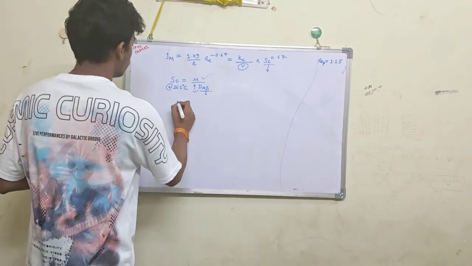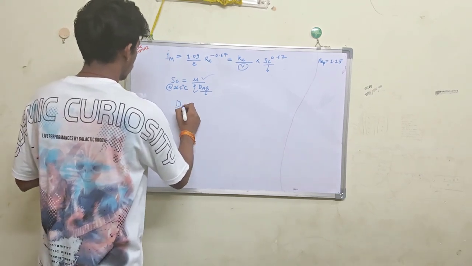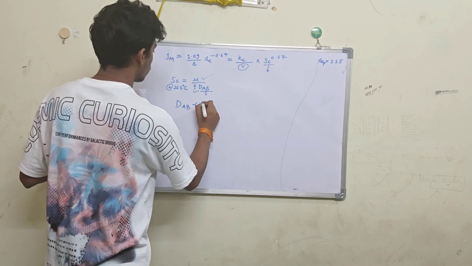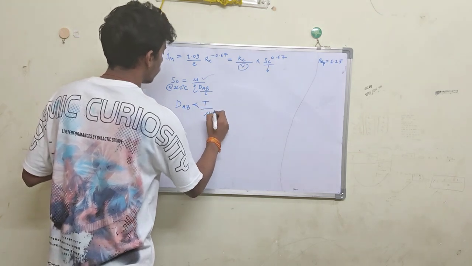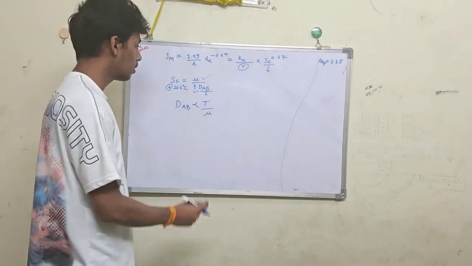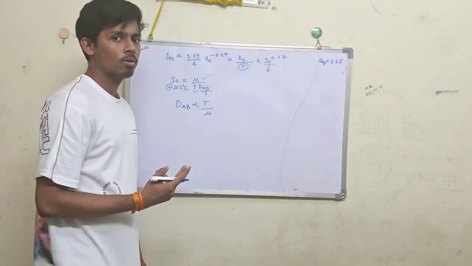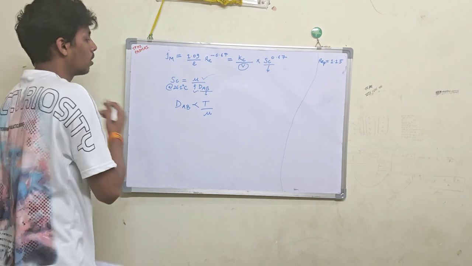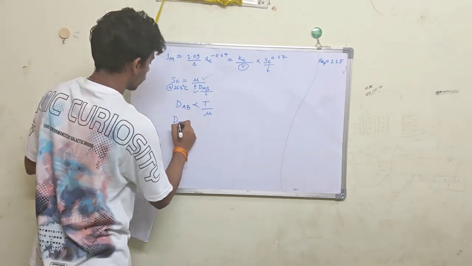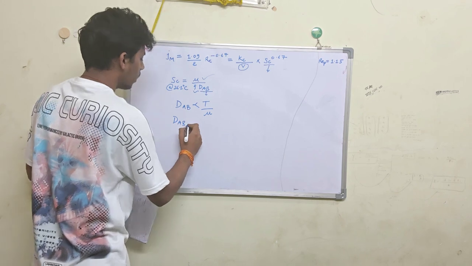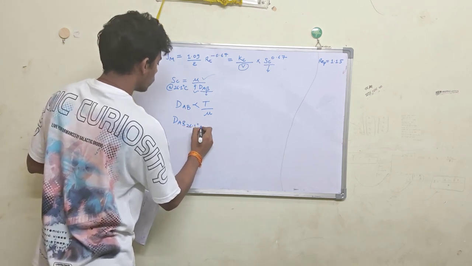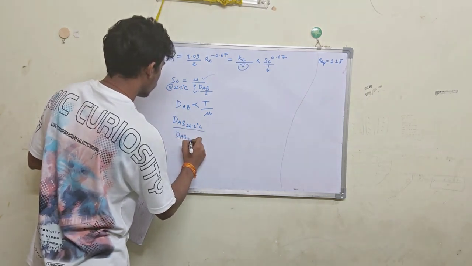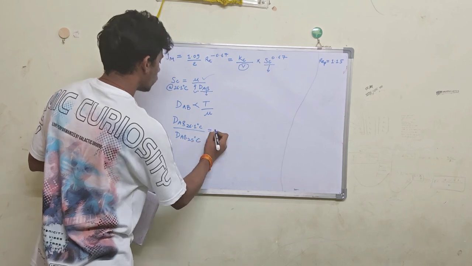So we'll use this terminology which says that the diffusivity is directly proportional to temperature and inversely proportional to the viscosity. So DAB at 26.1 degrees Celsius divided by DAB at 25 degrees Celsius is equal to